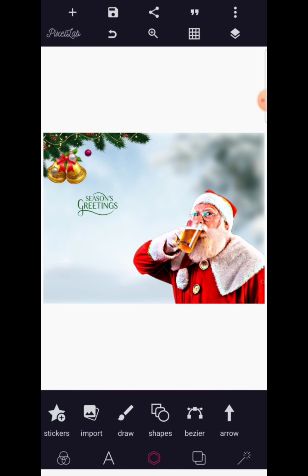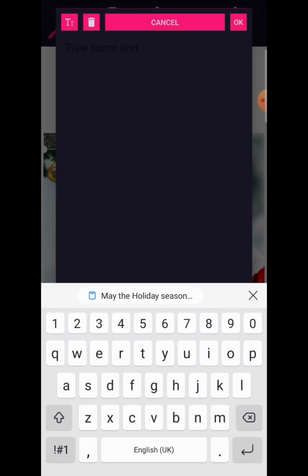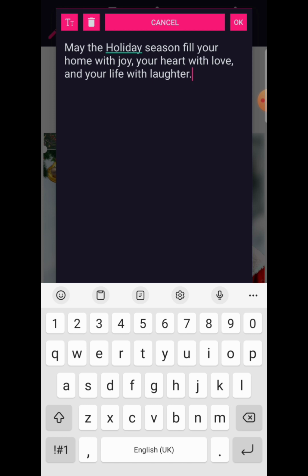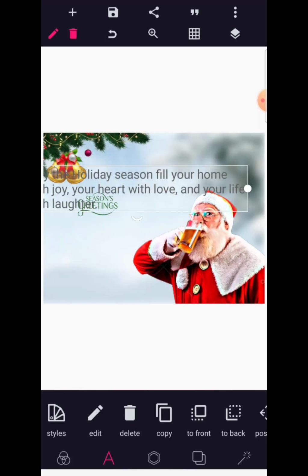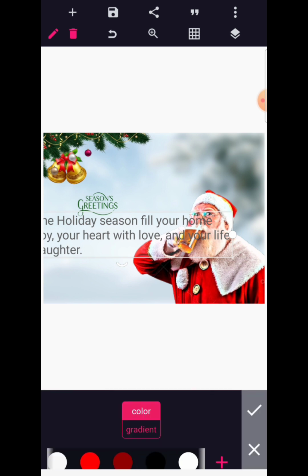After copying the message, I'm just going to go to new text and double tap to bring in the text, which is: may the holiday season fill your home with joy, your heart with love, and your life with laughter. Okay, so this is the message. I'm going to change the color to black,